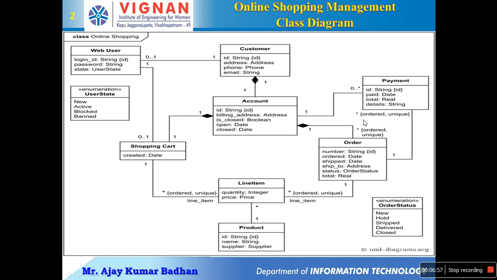It's very easy. And you might be thinking, why are the enumerations user state and order state not connected? Because these are something different, right? For example, user state means whether that particular account is new, active, or blocked or banned. Some websites usually block some users because of some malfunctioning or some irrelevant data they are posting, or they are not ordering.